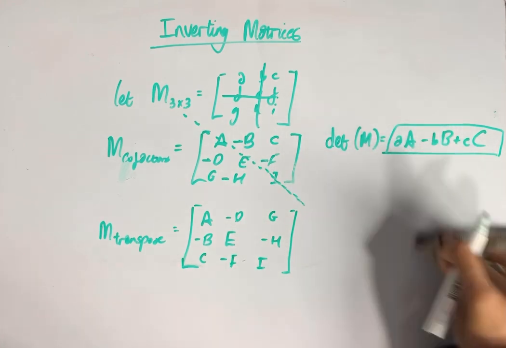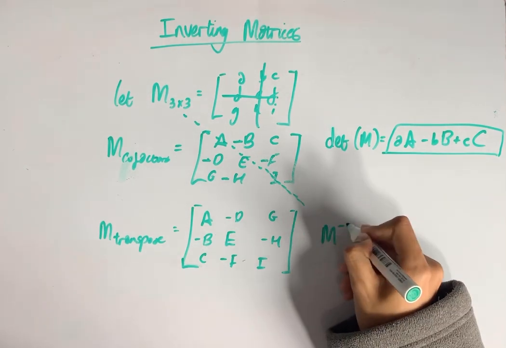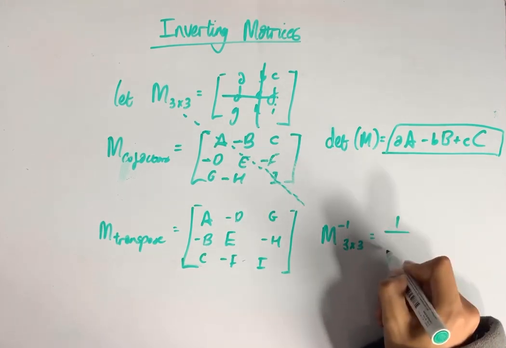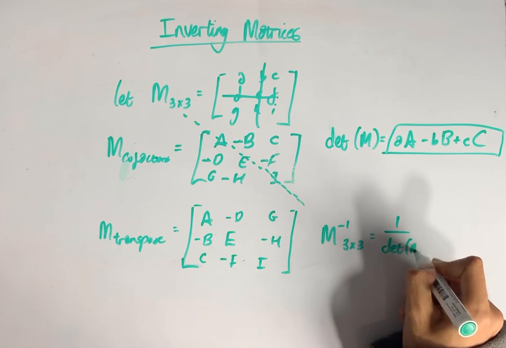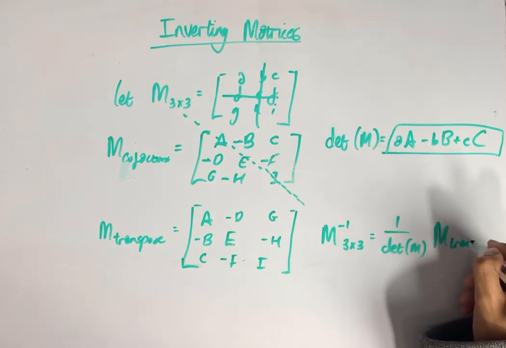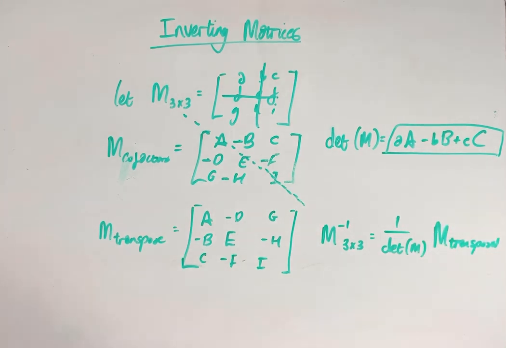But that should give the determinant of the matrix M. It gives a scalar. And to find the inverse, M minus 1 of our initial 3 by 3 matrix is given by 1 over det M multiplied by the matrix transposed. So writing this out in full,